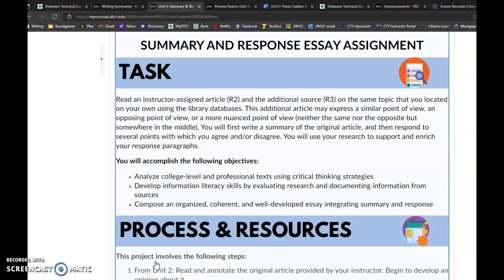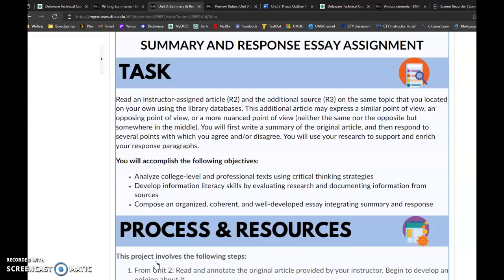So there were three there. The one about mental health, conflating the terms of mental health and mental health issues and getting into the terminology, and the one about women in the workforce, and the one about cancel culture. Those are your three options. So you're going to be responding to one of those three, whichever one you chose. You'll use your additional source, reading three, that you found on your own on the databases to supplement your opinions.